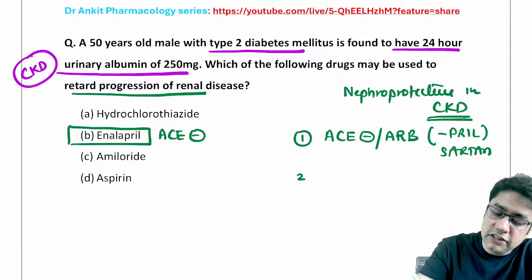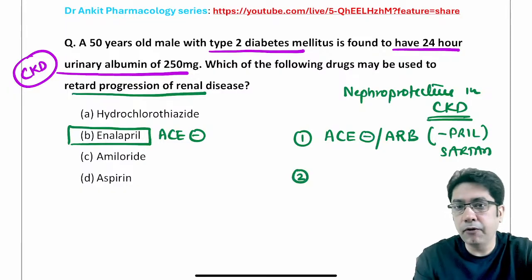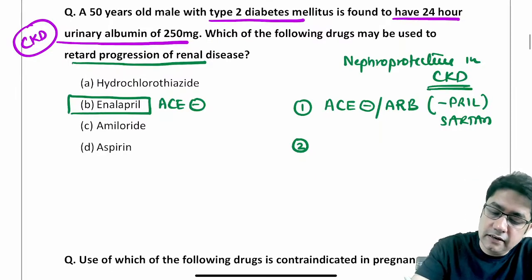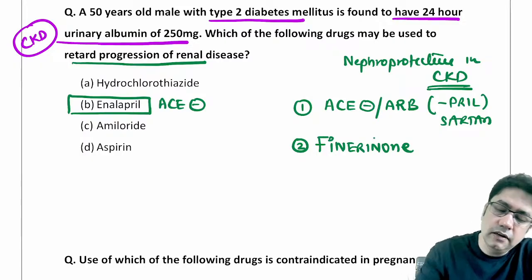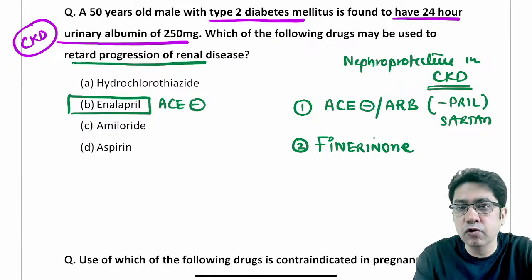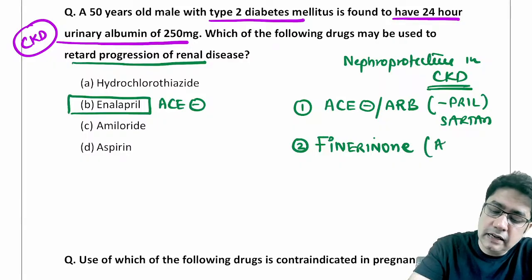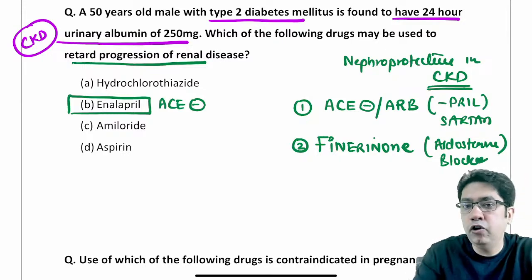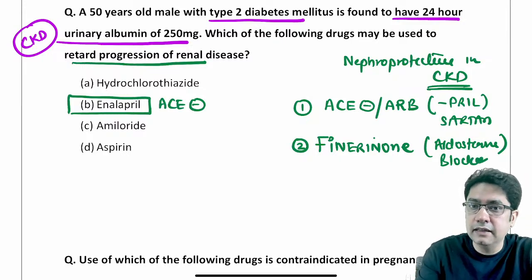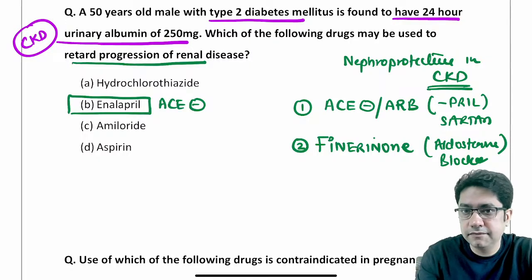The second drug which has been approved as a nephroprotective drug in renal failure is finerenone. A new drug recently got approved. Finerenone is a brother of spironolactone. It is also an aldosterone blocker. And can any student recall from our endocrine lecture which diabetes drug I told you was cardioprotective